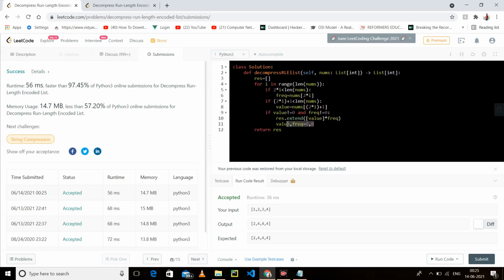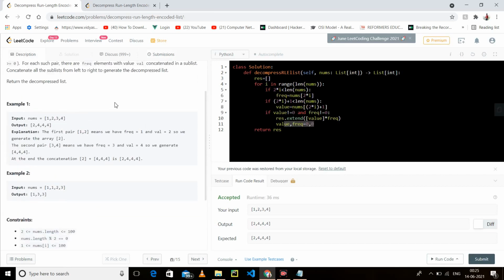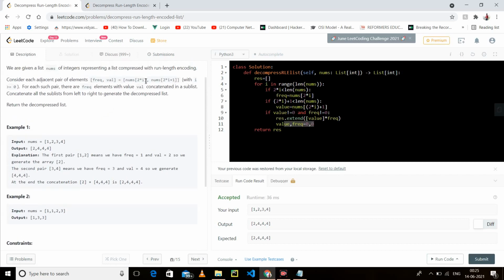And this is the validation, because if our loop reaches index 2, then 2 into 1 is 2, 2 into 2 is 4, 2 into 1 plus 1 becomes 5, and both indices are not present here. So I have to put the validation, because when it reaches 1, it will insert 3 and 4. Because 2 into 1 becomes 2, 2 into 1 plus 1 becomes 3. So we have completed this, we have stored this value in our result variable, and I have again preset its value to 0.